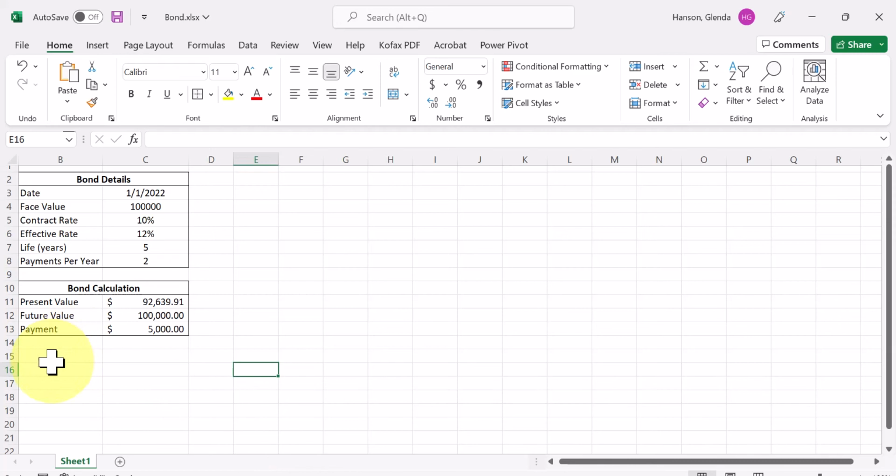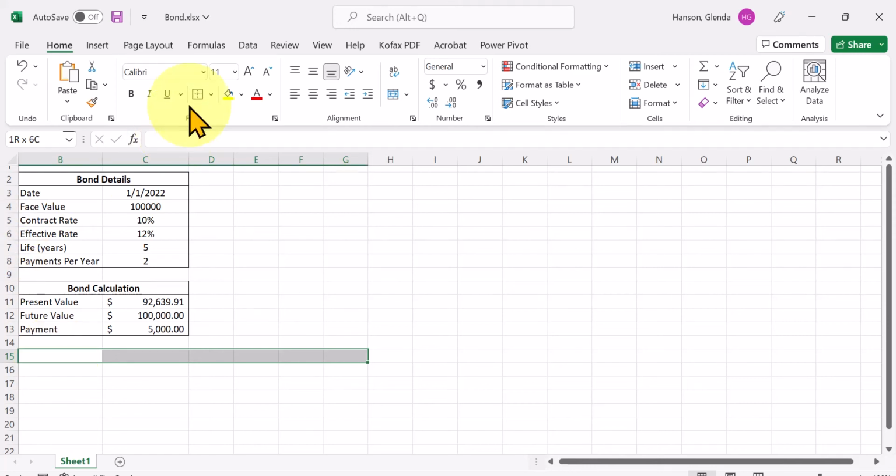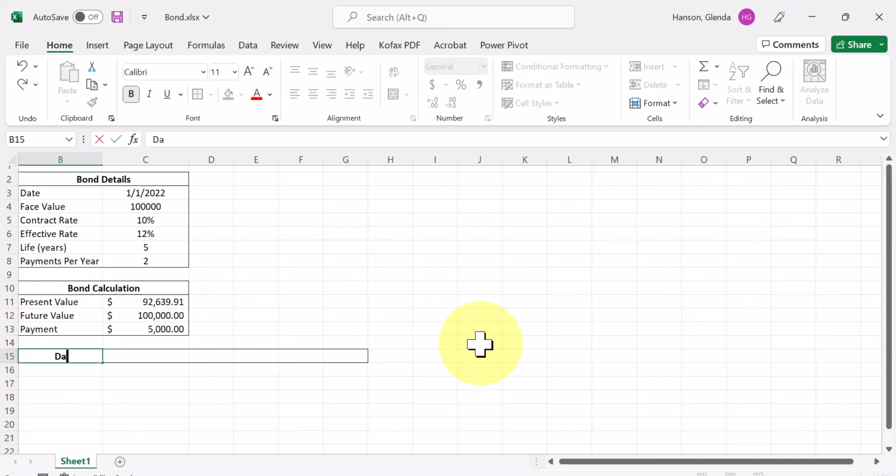We're starting in B15, and we want to select to G15, and we're going to apply an outside border. We're going to center align, add bold, wrap text, and we're ready to go. And in these cells, we're going to type date, interest payment,